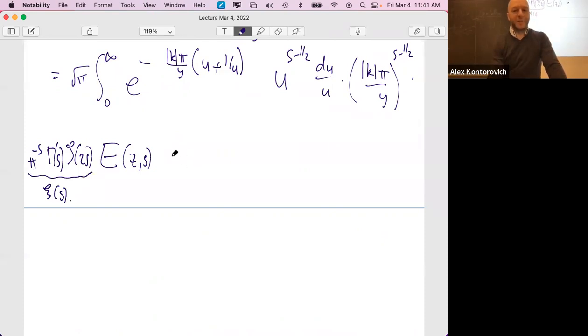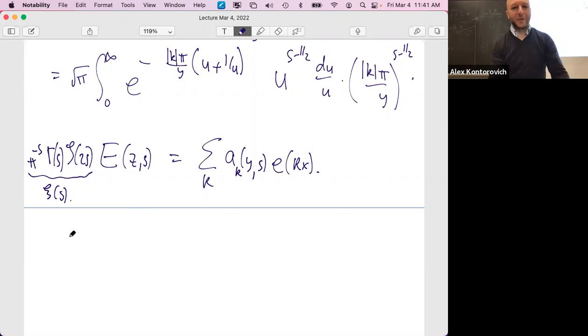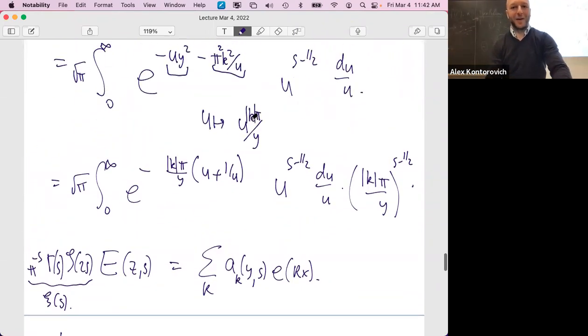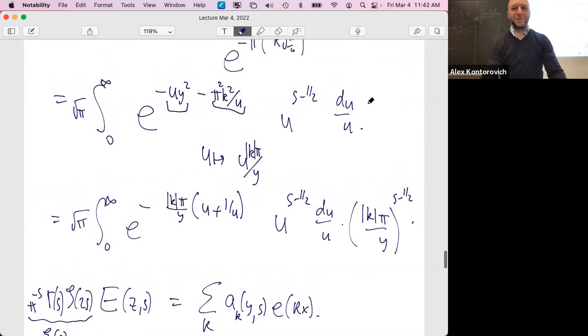And we took the Fourier expansion of this. So we said, let's write this as a sum over k, a k of y s, e to the kx. I'm changing the definition by pre-multiplying by these things. Okay. The k equals 0 has two contributions. See, if k is equal to 0, then this is actually very easy to evaluate. Let's notice that, in fact, we should do it before we make a change of variables that destroys things. If k equals 0,